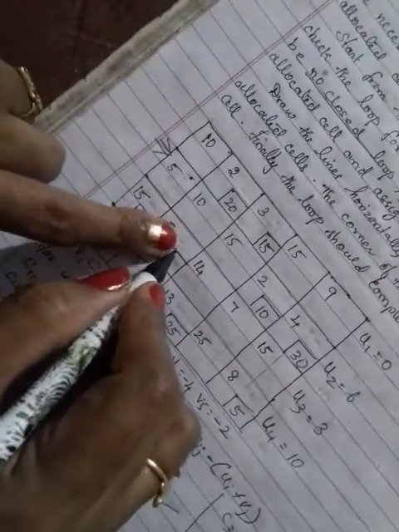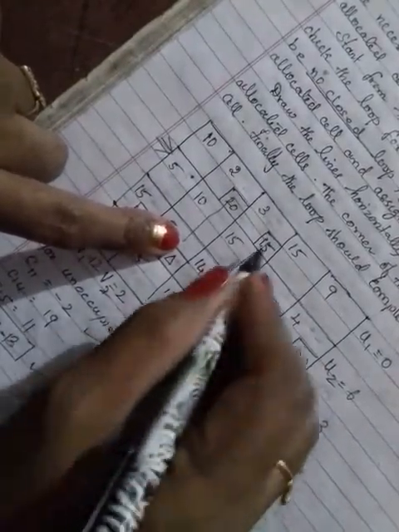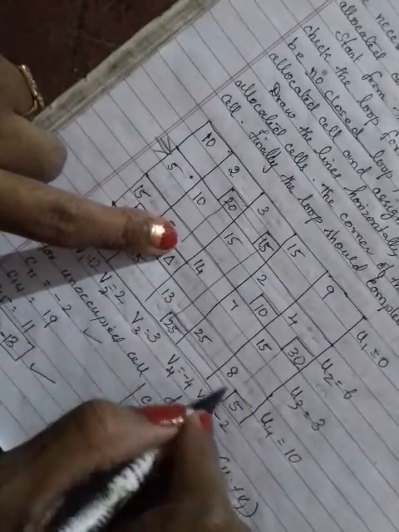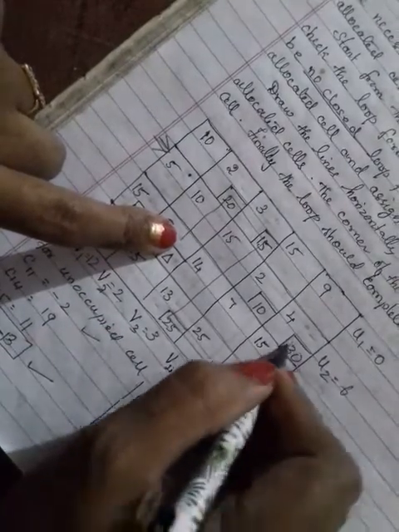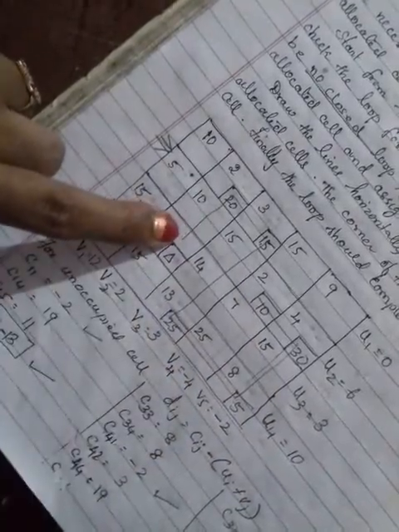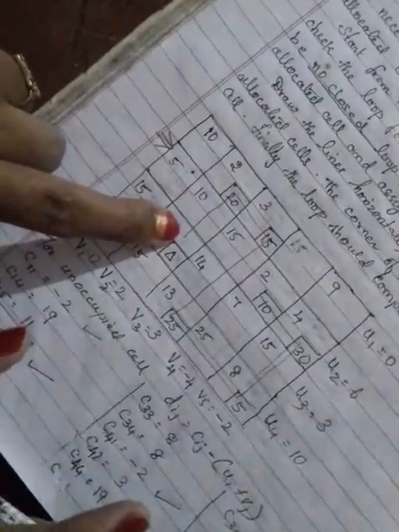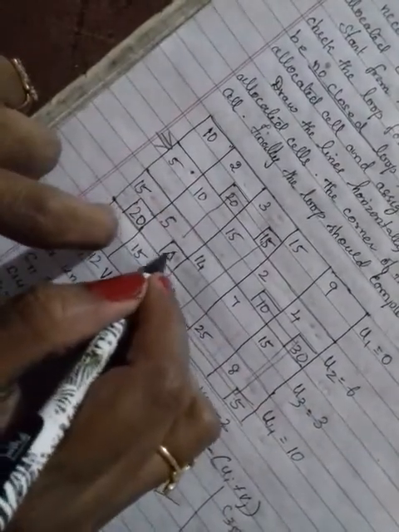Now I am going to take this allocated cell, and this is an allocated cell, and come back down and draw one vertical line here. This is allocated, then this is allocated, then go up, this is allocated, then here this is allocated. See, there is no allocation here. There is no allocation here. This line does not come to here. Again it will not come to the same direction here. So this side is also no allocation, and no further lines can be drawn. So you can select this cell.